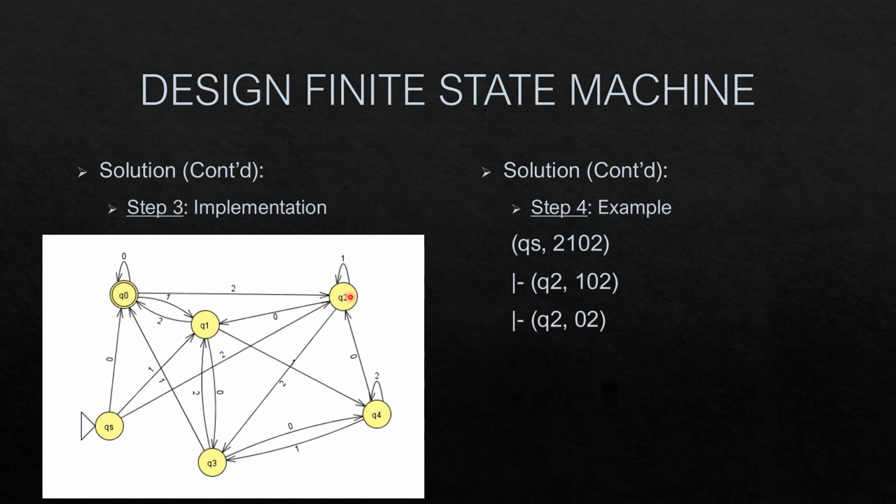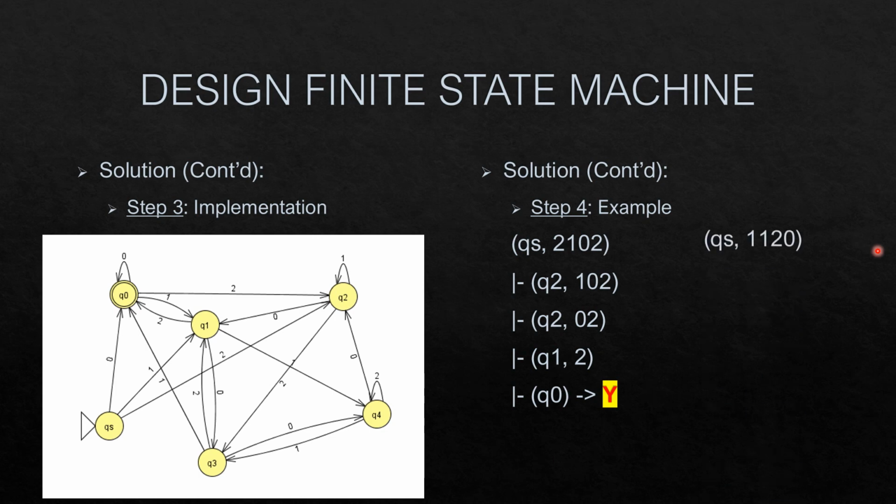When I am in Q2 state and I get the next input as 0, I transition to Q1 state. When I reach Q1 state and the next input I am getting is 2, I reach Q0 state and I get the output as Y. That means the given ternary number is divisible by 5. If you want, you can do the conversions as you have already done for binary numbers, converting it into a decimal number, and check what exactly you get as the conversion of the 2102 ternary number to decimal, and see whether you are getting the correct output or not.